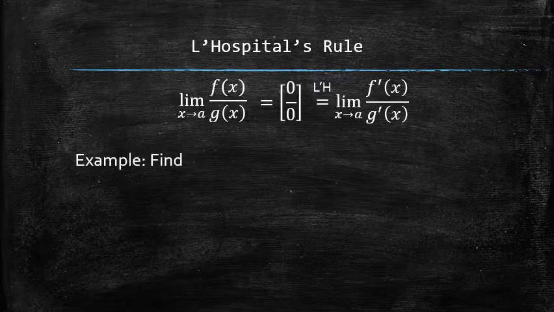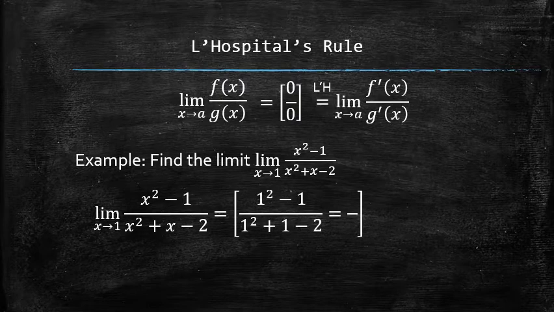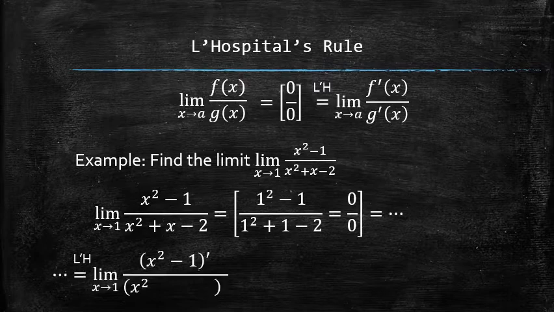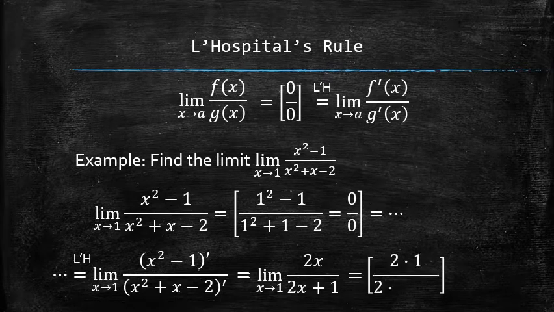For example, let's find the following limit. We start off the process by confirming that the limit is indeed of 0 over 0 indeterminate form. Then we apply L'Hopital's rule, according to which the limit is equal to the limit of the ratio of the derivatives, which are relatively easy to compute. After each application of L'Hopital's rule, we must reevaluate the form of the limit. It is not of any indeterminate form anymore, so we find the limit by simply performing the arithmetic.